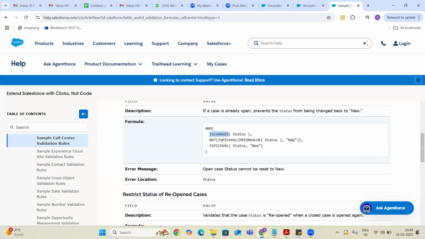That should not be possible. Only in the case that you will not fire the validation is if you change New to New. Okay, that's it. Apart from any other thing, if you try to change, then we are going to display an error message.